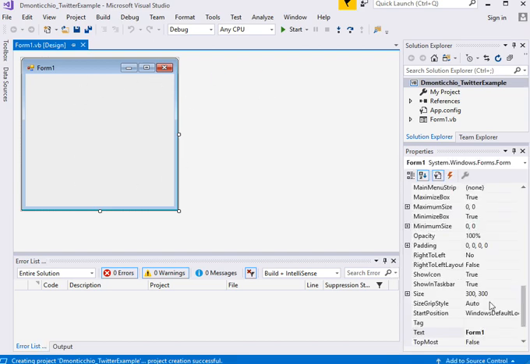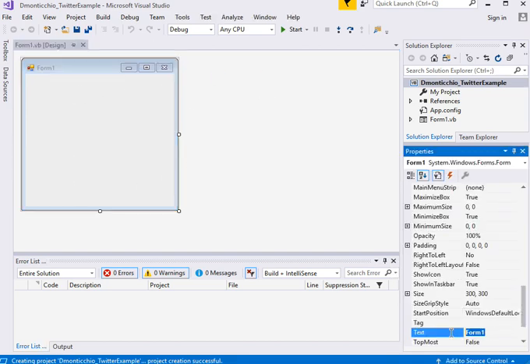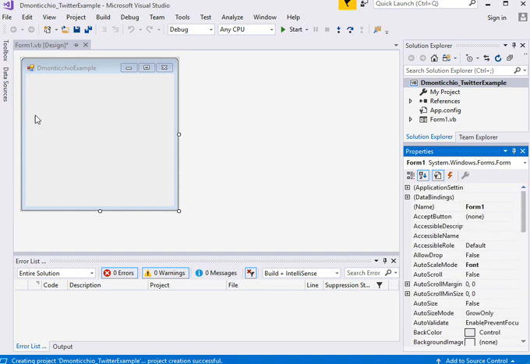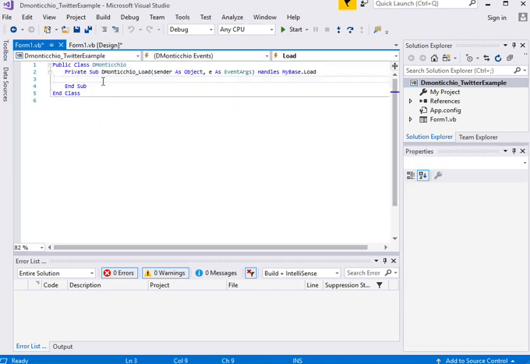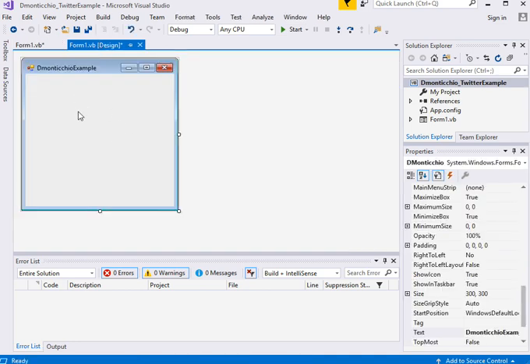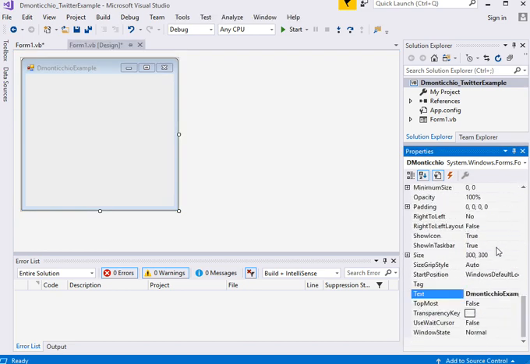And of course, here we are with our blank form. Once again, change the text, and remember, whatever it is, change it before you double-click it. So now the name of my form is changed before I double-click this, and now it's already changed the name in the coding. If I were to have double-clicked this before I changed the name, it would still be in